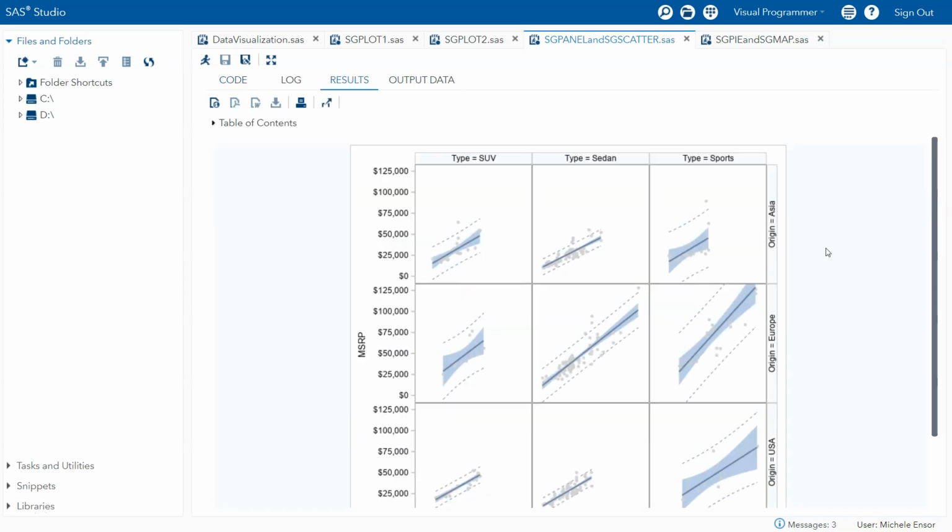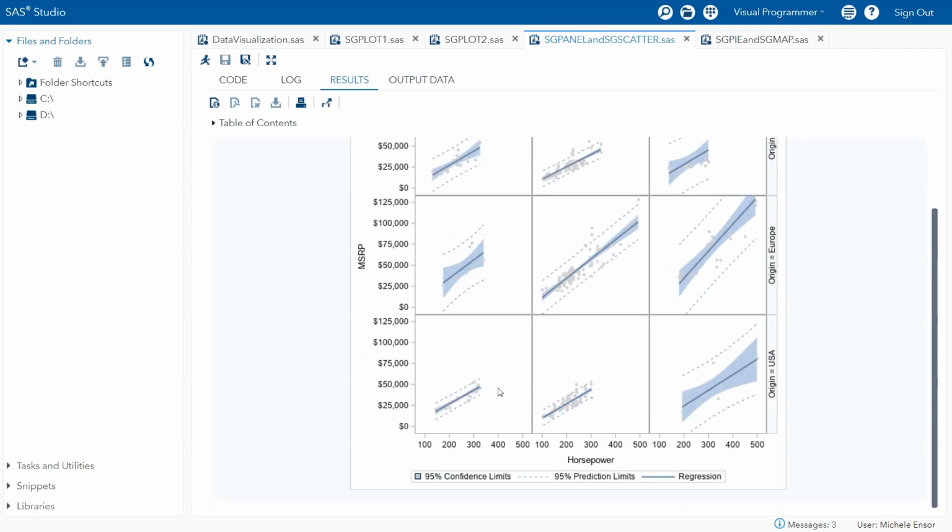Here is the result of that last Proc SGPanel step. We can notice the difference for the row axis. It's 0 to 125,000. In addition, our regression looks different because we've added options such as CLM, CLI, and marker adders.